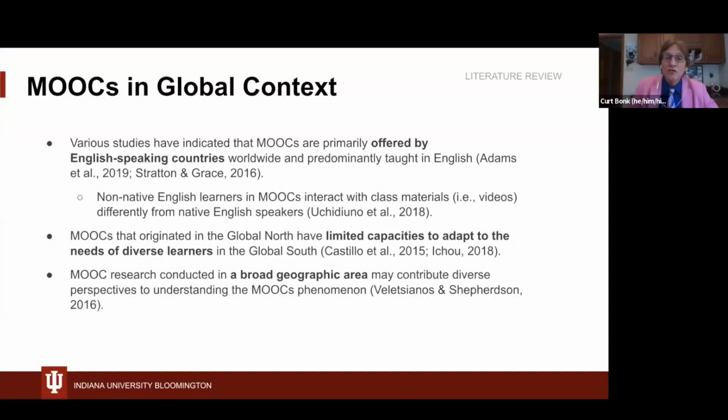And so in this literature review, we talk about the fact that most MOOCs are in English, and therefore predominantly they're offered in English-speaking countries, not in South America. We have limited understanding of what's happening in other countries around the world for diverse learners of this planet who may have limited English-speaking and understanding capacities. And so how do these MOOCs get adopted for the Global South learners or those outside of English-speaking environments